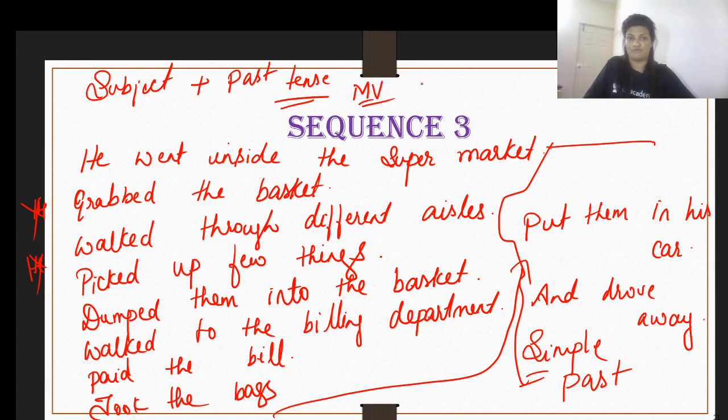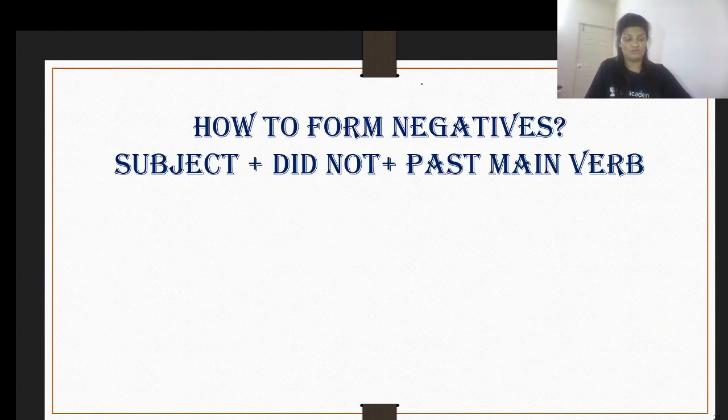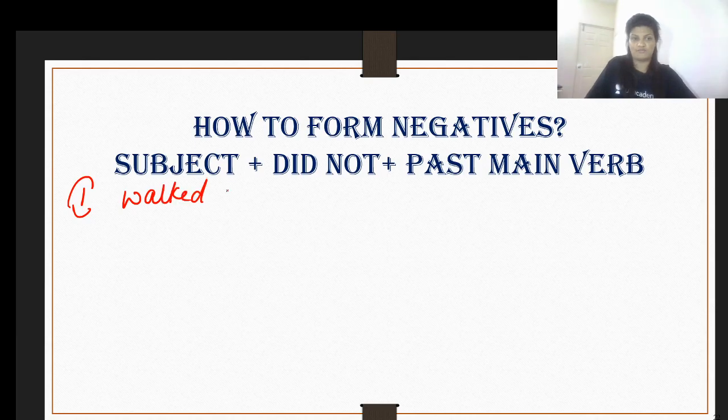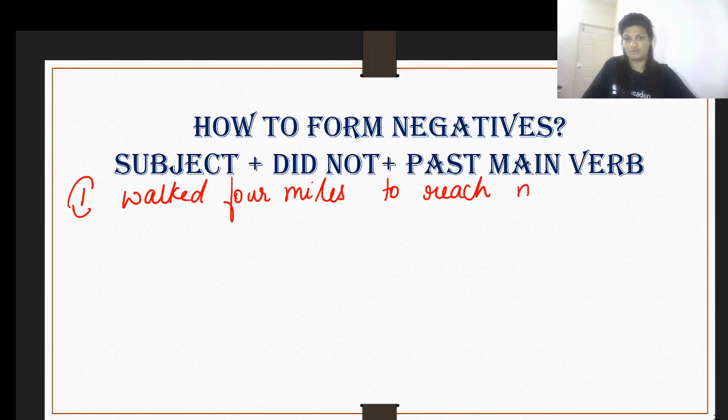of the main verb. Now let us move on to learning negatives. Well, you know, when it comes to negatives in simple past, it is really interesting because it is pretty tricky, and 99% of the time every single one makes the mistake. Even the one who is an expert in English makes a mistake when it comes to the negative usage of simple past. Therefore, it is really important for you to be aware. What was the first statement that I gave you earlier? That was I walked 4 miles to reach my house.